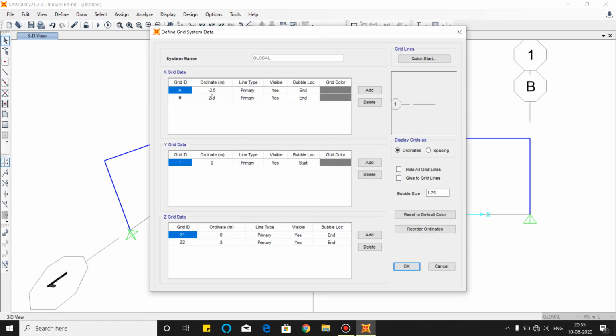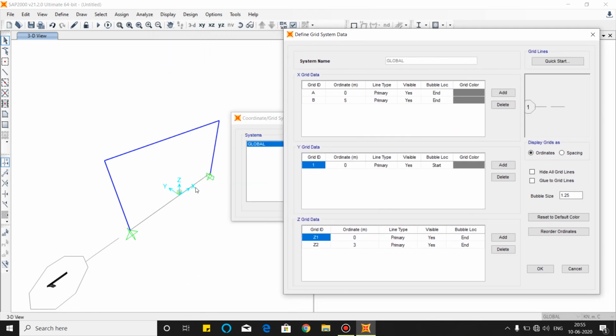So first we will go to coordinate system. In coordinate system, first we will set 5 meter. This is the x-axis. This is the z-axis, and this is the y-axis.